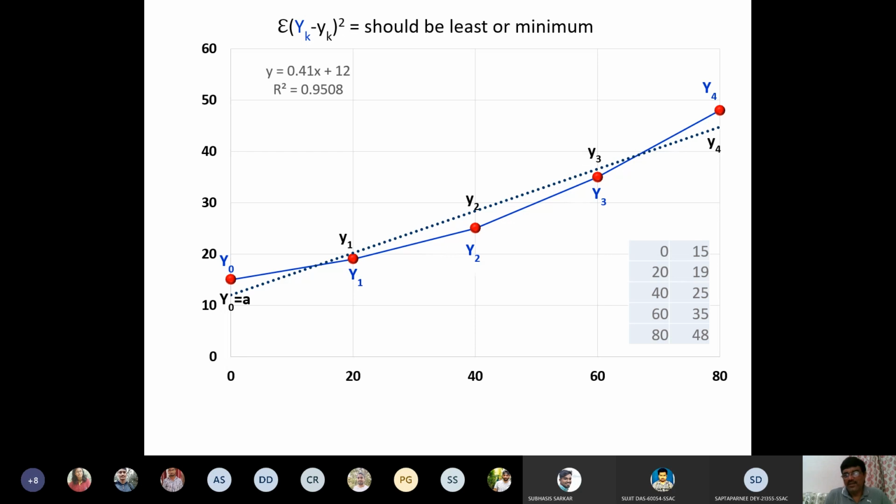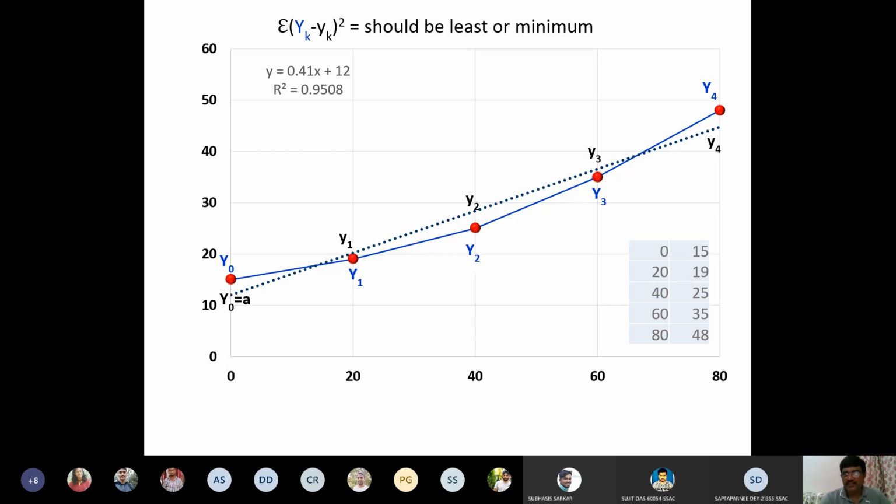So now our objective is to find out the values of a and b, because our equation is y is equal to a plus bx. Now we try to understand the fitting of this equation, or finding the predicted line. Just see this picture. In this picture, you can see the red data points. These are the original data.